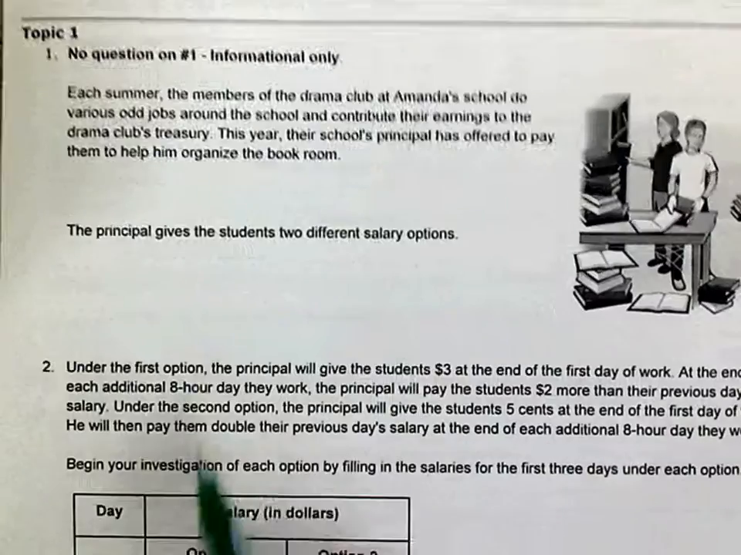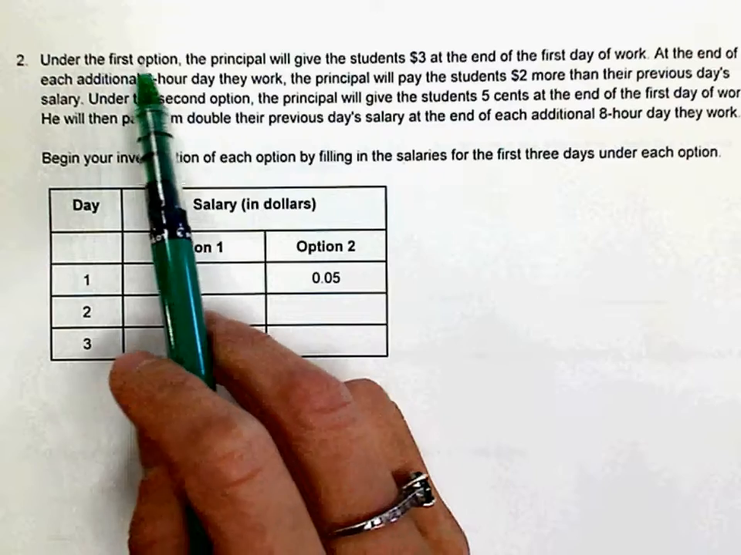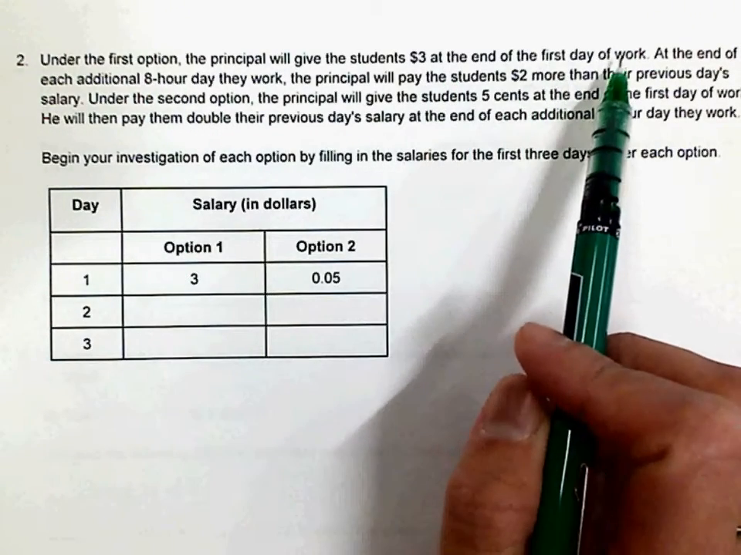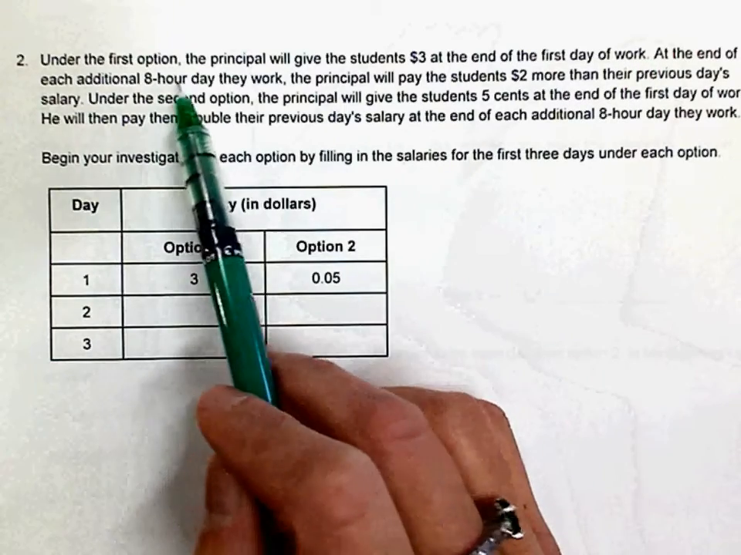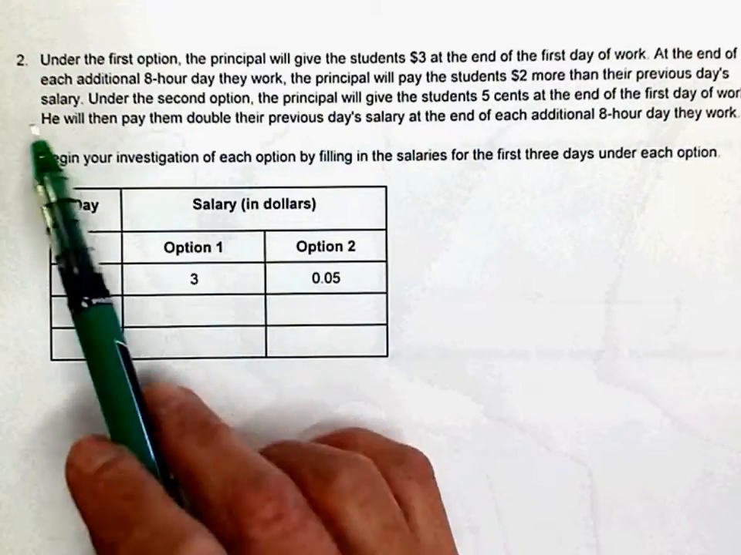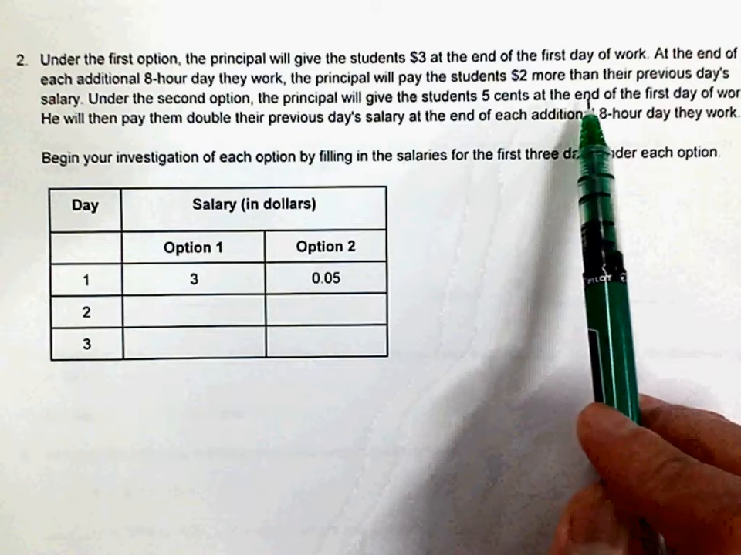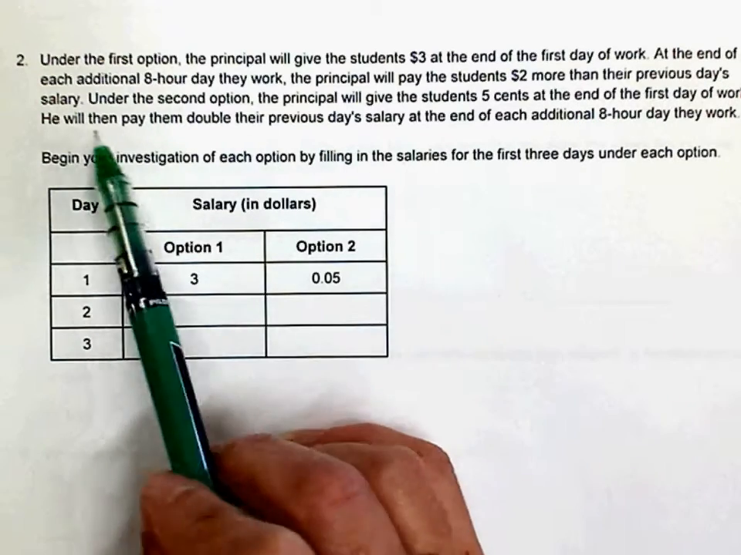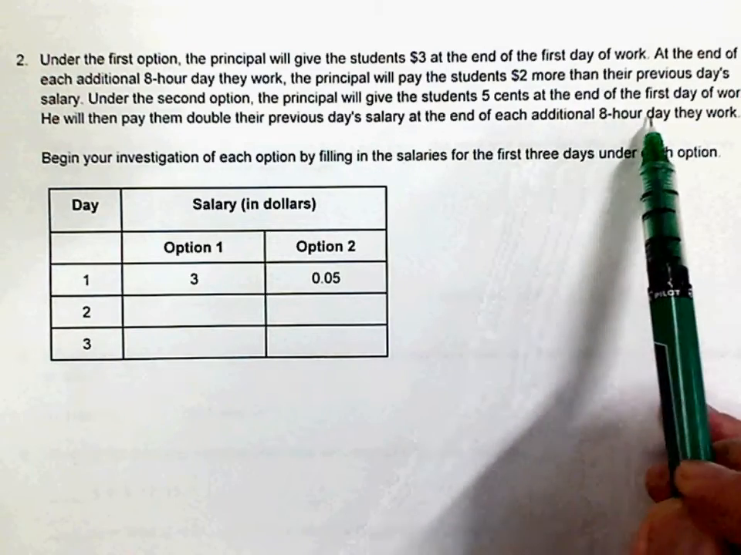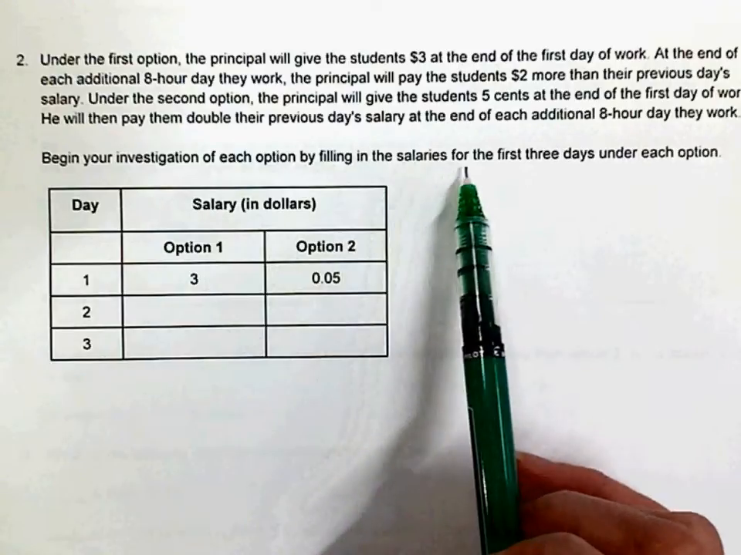Let's look at number 2. Under the first option, the principal will give the students $3 at the end of the first day of work. At the end of each additional 8-hour day they work, the principal will pay the students $2 more than their previous day's salary. Under the second option, the principal will give the students 5 cents at the end of the first day of work. He will then pay them double their previous day's salary at the end of each additional 8-hour day they work. Begin your investigation of each option by filling in the salaries for the first 3 days